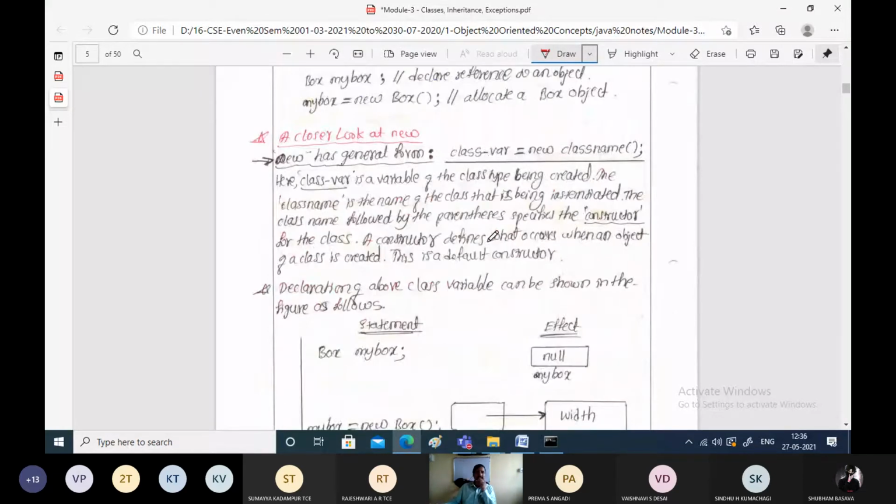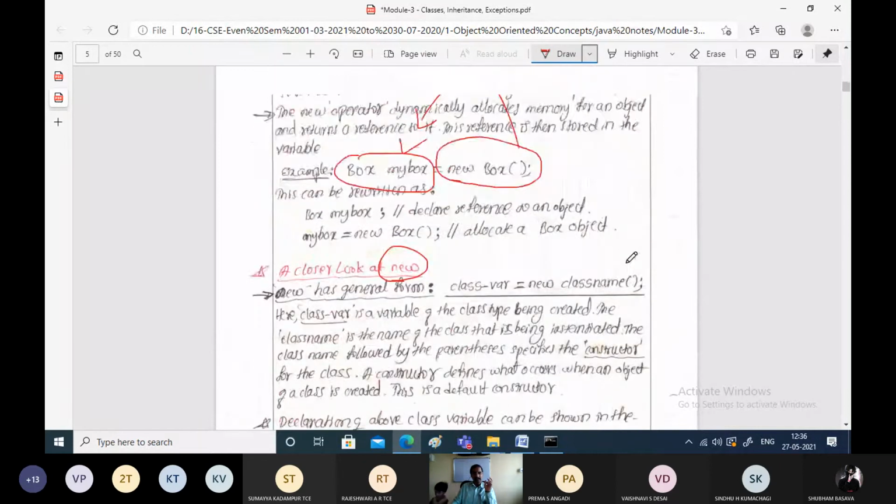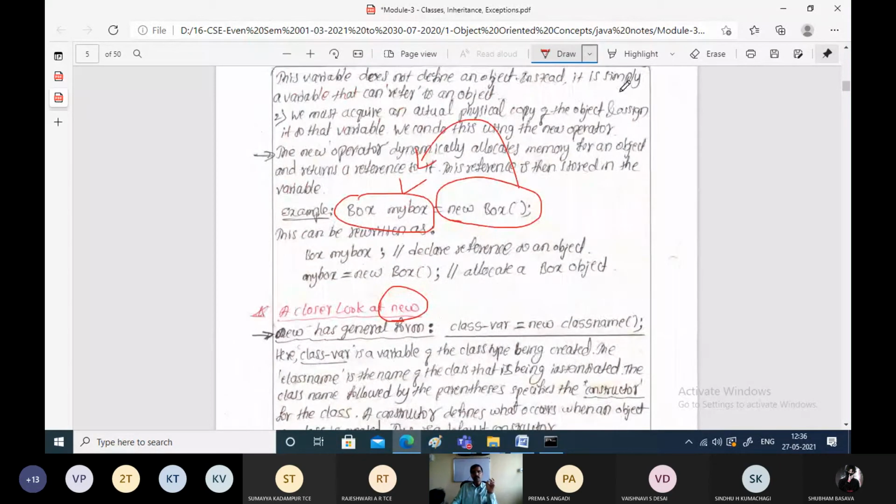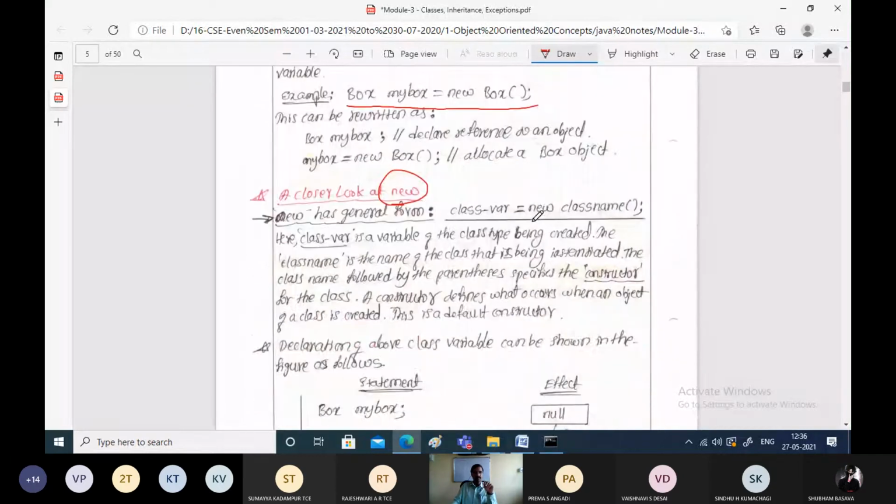Now let us see how the new keyword actually works. Whenever we look at this statement, Box mybox1 equal to new Box, this has been divided into two smaller parts. This is one part, Box mybox1.